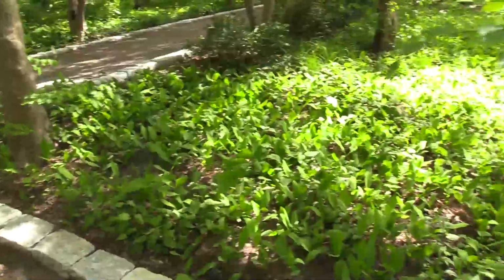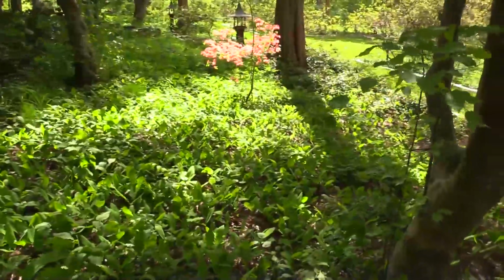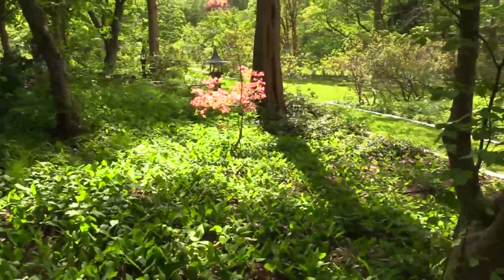But the reason it's called the rolling lawn is because the dogs used to love to come down here and take a swim in the fountain, and then they would go and roll on the lawn. So that is how it got its name. That's great. But it's also a place that she can showcase some of her unique specimens, and one of those